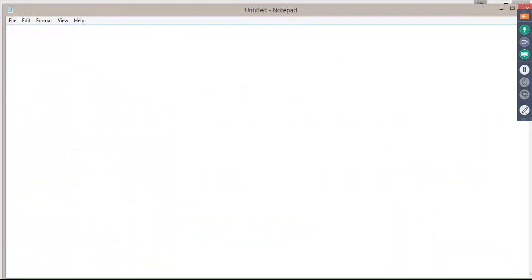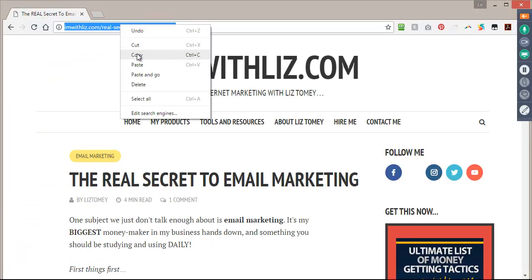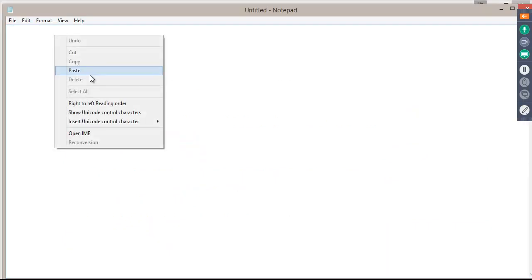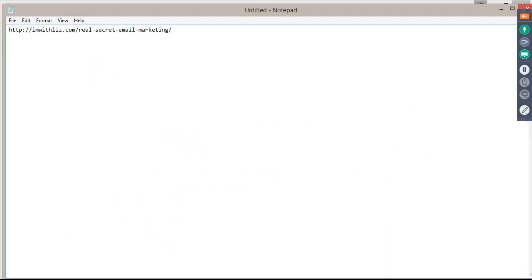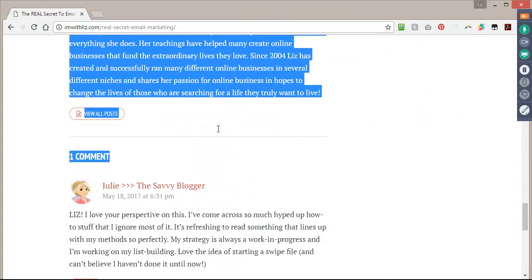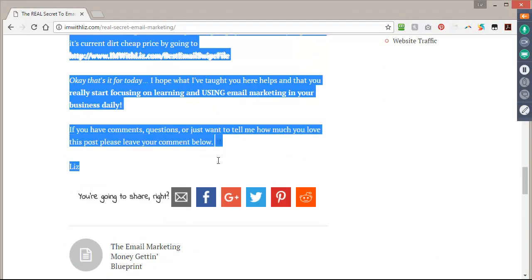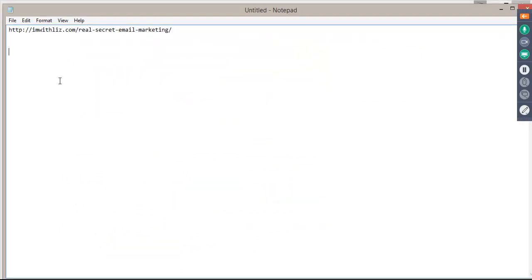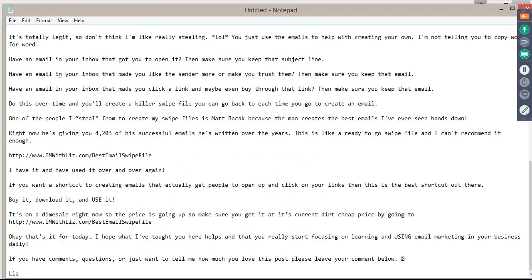Notepad, copy, I paste the direct link to it, but then I also copy and paste the whole thing, so in case it ever gets deleted, I can still read it.